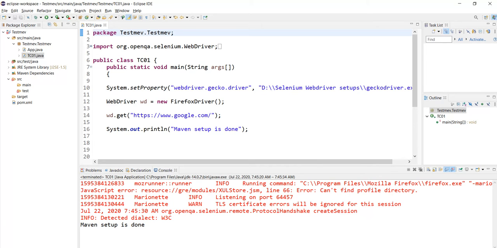Hello everyone, in this video tutorial we will practically see how to configure Maven with Selenium WebDriver framework by creating one Maven project and configuring it with the Selenium script. So let us get into Eclipse, and before going directly and starting with our practical demonstration, I will request all